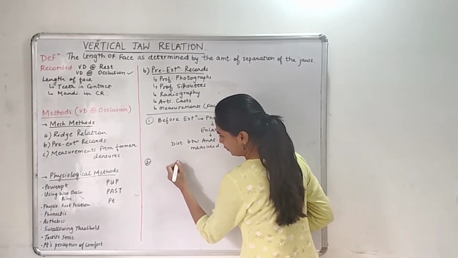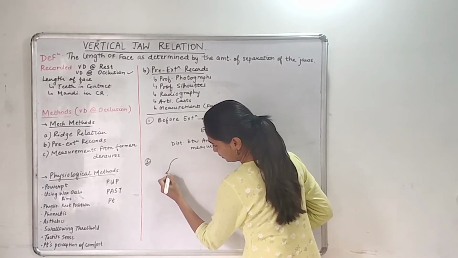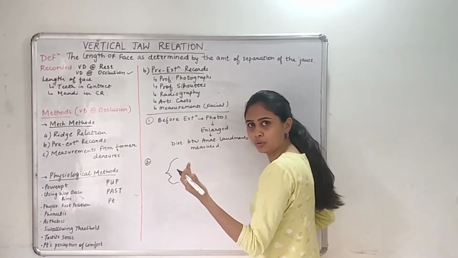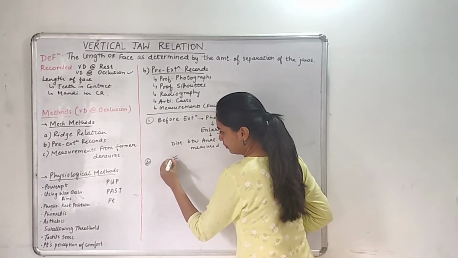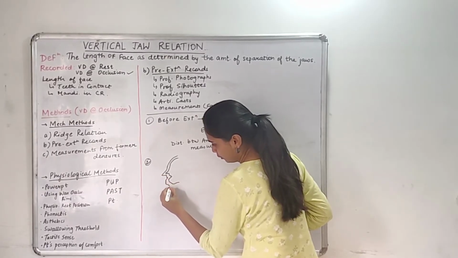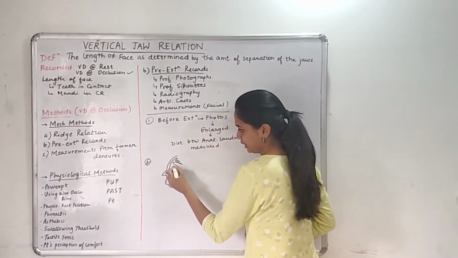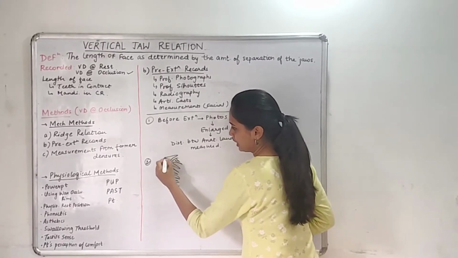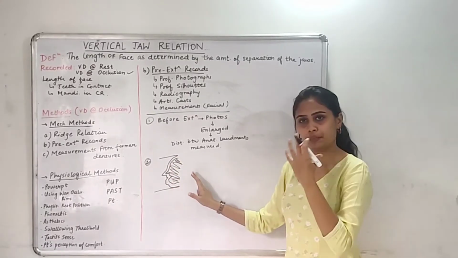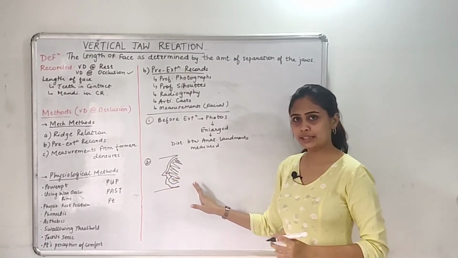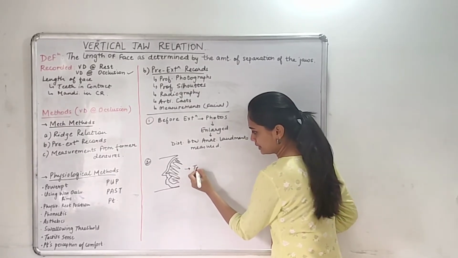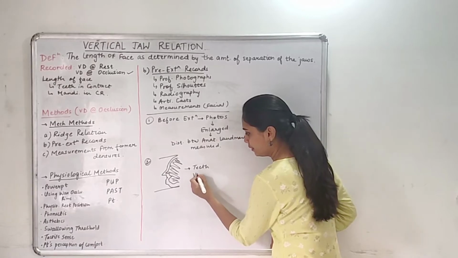Here I'll just draw a face of a patient, nose, the mouth which is open. First we take a cardboard or a wire, and we make it in the form of the patient's whole face. So this is the patient's face and this is the cardboard or the wire which we take, like an impression or an outline of the patient's face. First we take this at rest and when the patient has teeth. So this is taken when the patient is dentate and we take it at VD at rest.